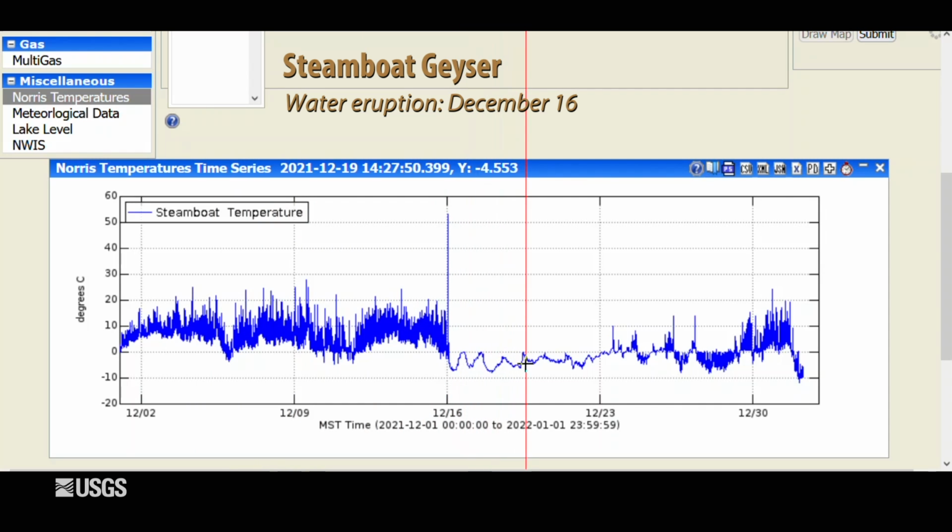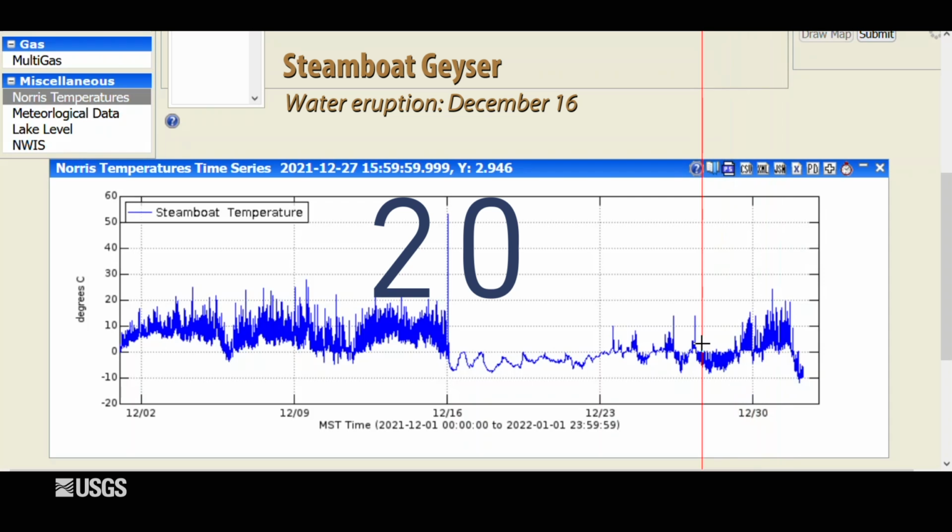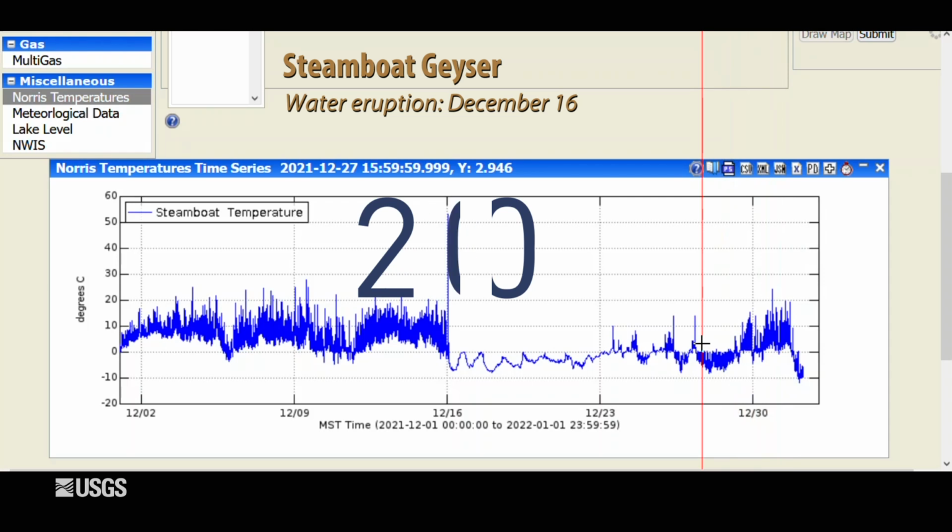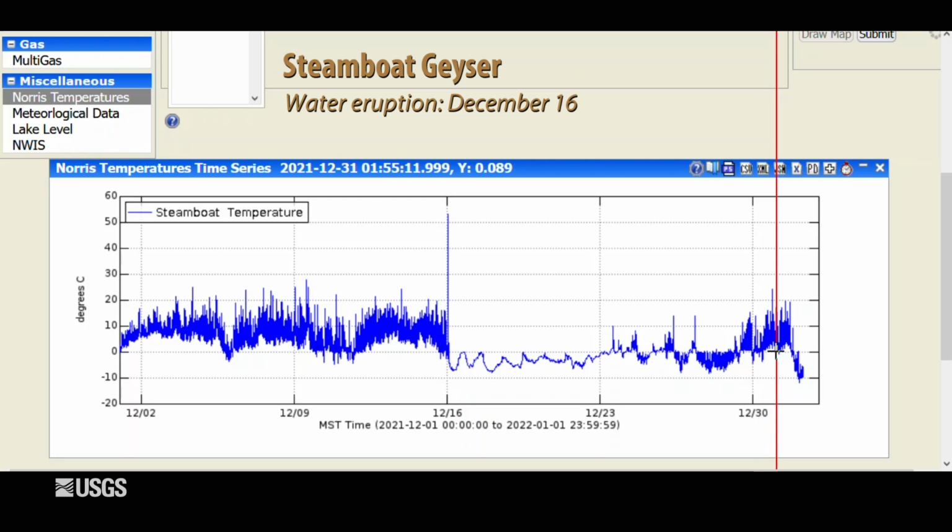Of course, very cold at Norris this time of year, below freezing. And then we see this spiky behavior starting up again in the later part of the month. That's signaling that we are headed probably towards another Steamboat eruption. So it's not quite over yet in terms of Steamboat activity. There have only been 20 eruptions this year. That contrasts with 48 eruptions each in 2019 and 2020. But Steamboat looking like it's not quite done yet, perhaps headed towards an eruption sometime in the first part of